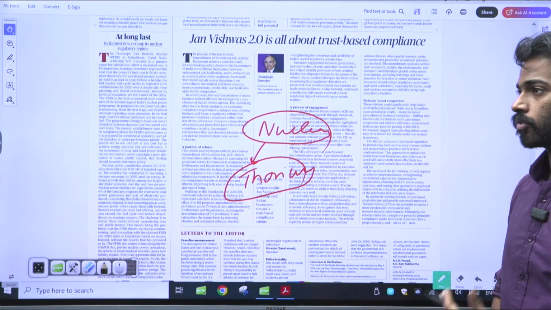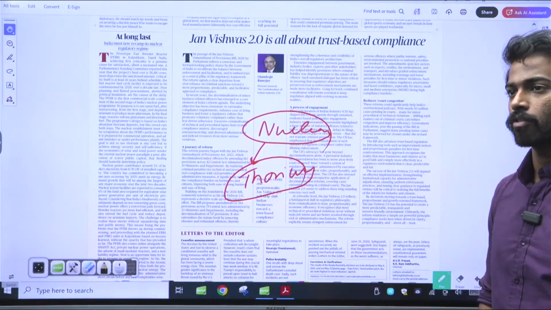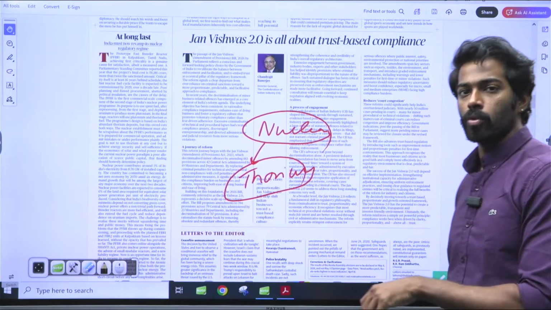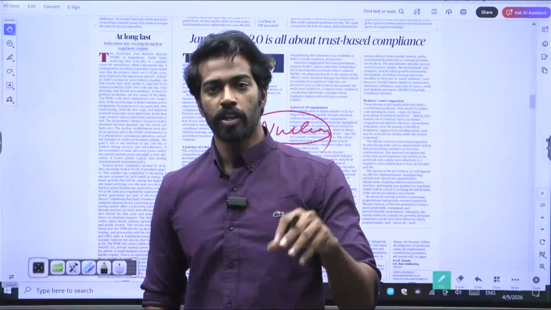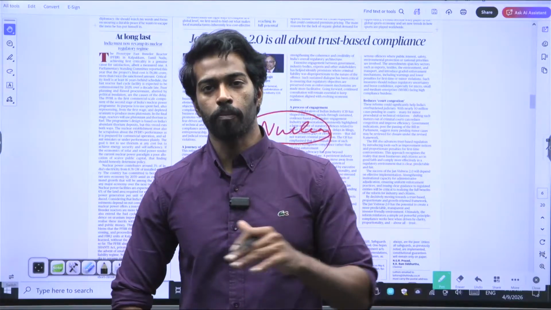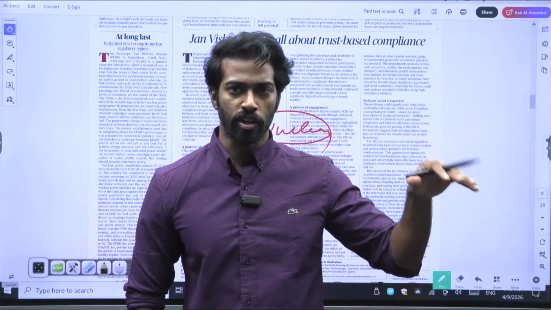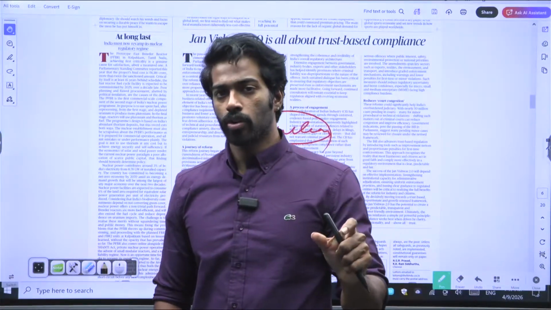We can ensure that we are using small modular reactors to ensure that we are meeting the net zero emissions by 2070. That is our main goal. It is not the usage of the thorium reserves that we have. It is meeting the climate targets that is our important goal, and also ensuring that we have clean energy being generated in India. So these are the two main aspects that the author is trying to point out whenever we are talking about